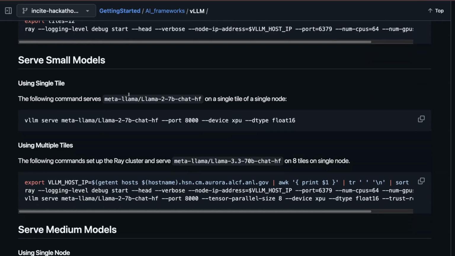To serve a model, this is the command that you have to use: vLLM serve, followed by the model name, the port on which you will be serving it, the underlying device that you want to use, and the data type that you want to use. So to serve a model on a single tile, you don't need to do anything else. Just this one command